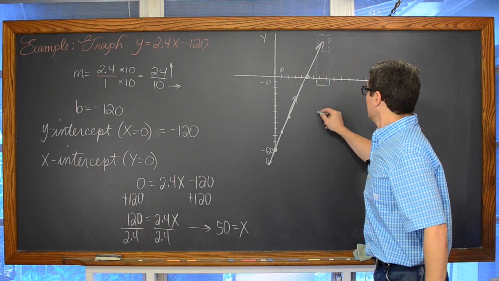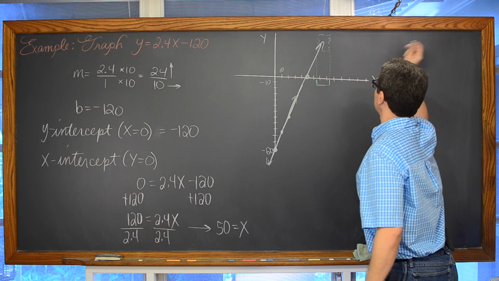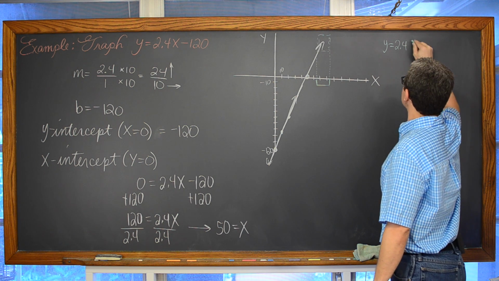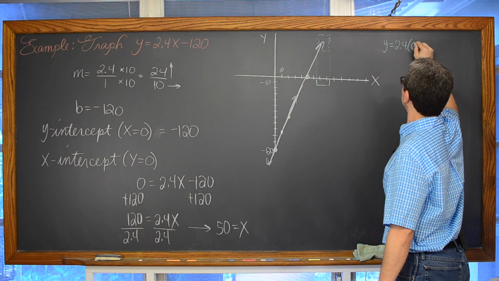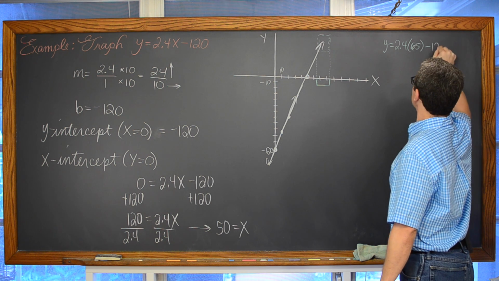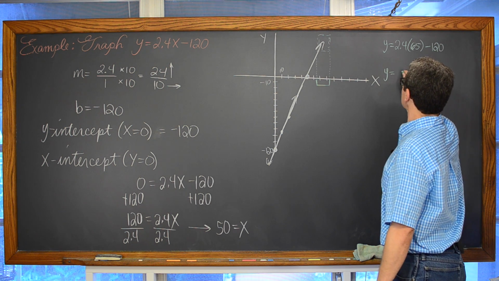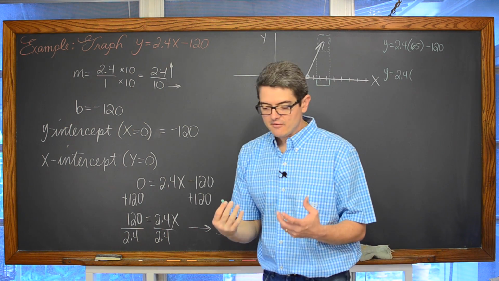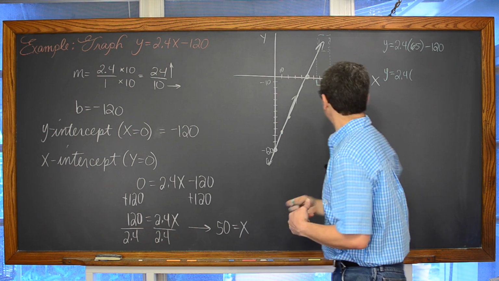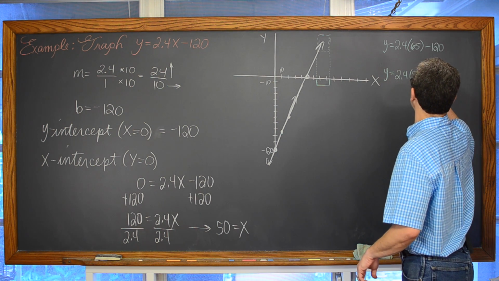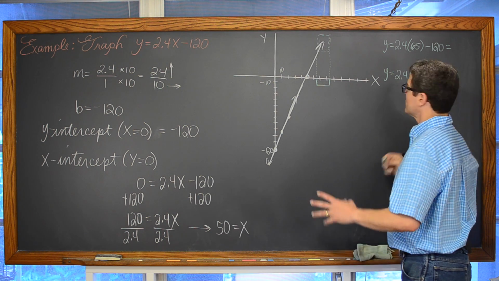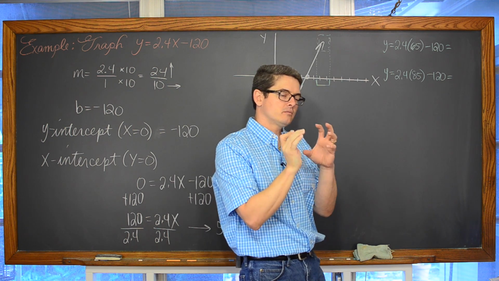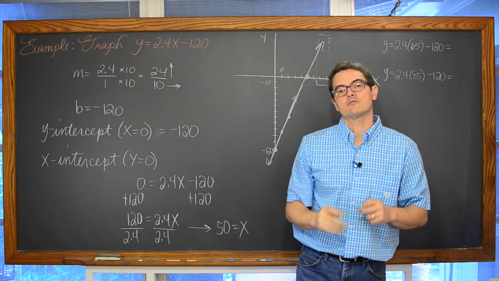Okay, so let's get some numbers here, and then I'm going to step off and write a new picture. We got y is equal to 2.4 times 65 minus 120, and y is equal to 2.4 times 85, since this data was between 65,000 and 85,000 boats, minus 120. Let's see what those two coordinates are and redraw our picture just to focus on the part that's important to us for our word problem.